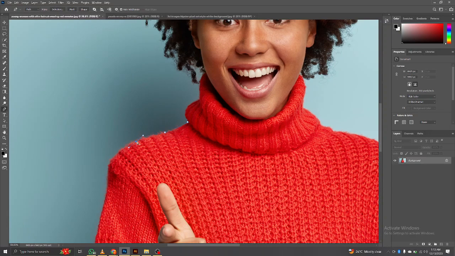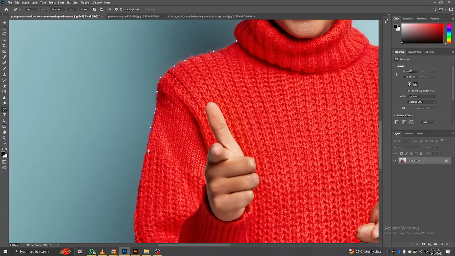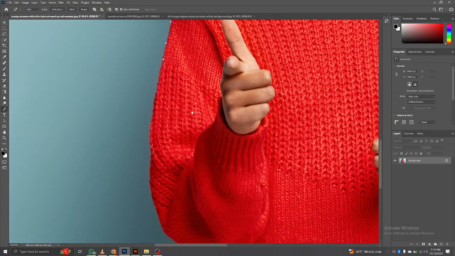Once you do this one again, before you move to the next one, you come back to your point, hold on your alt key and click on it. So that's basically how you can do it. And sometimes you don't need to use your alt key. Maybe the curve is still perfect, then you can continue like this. But maybe you want to create another curve, then you have to come back to your point like this and continue like that. So once you select everything all around,